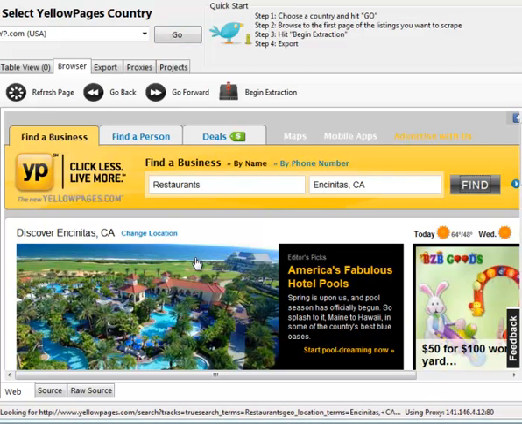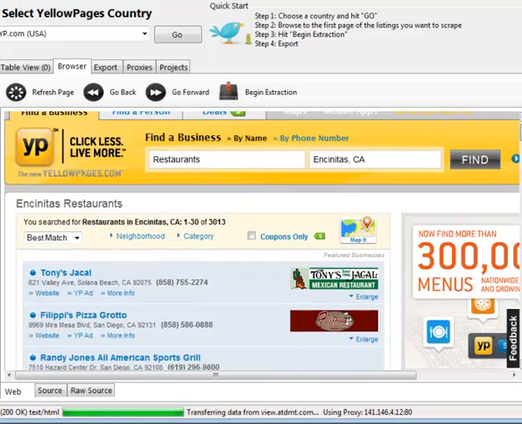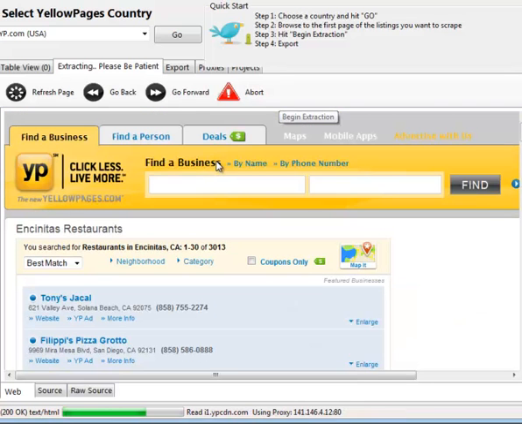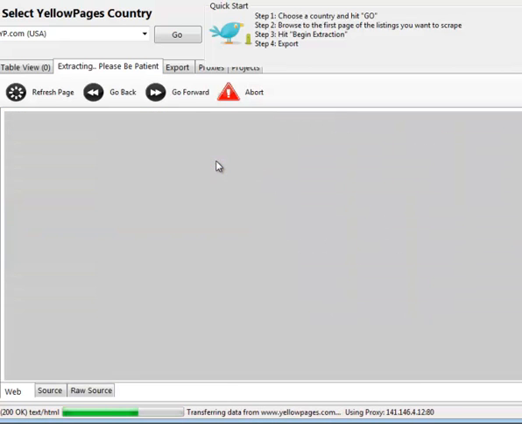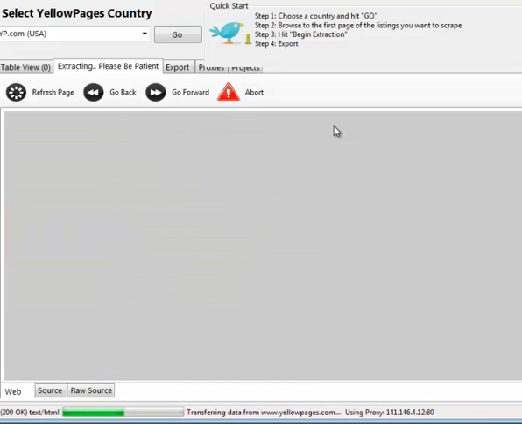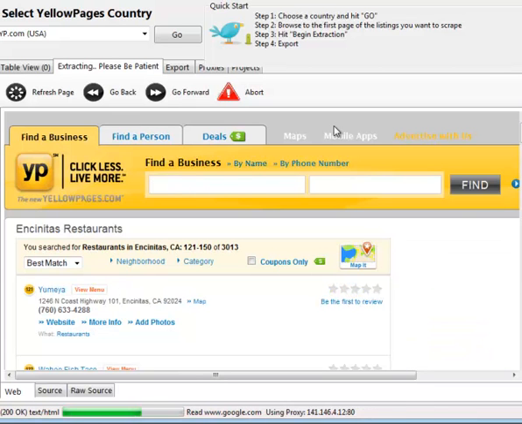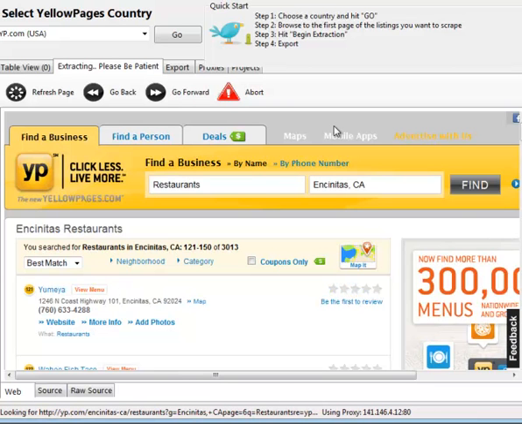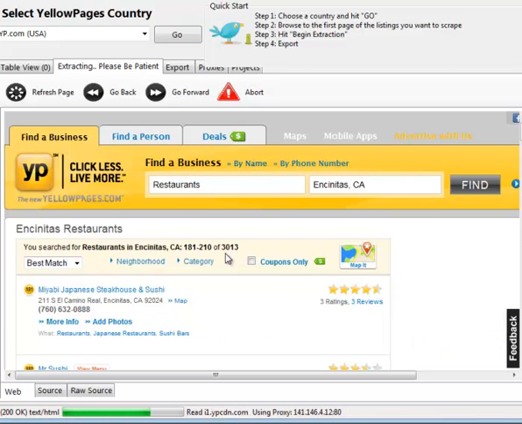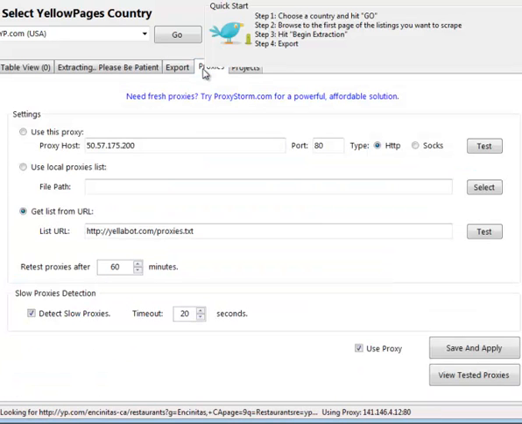Alright, let's go ahead and do another search for restaurants in Encinitas. And, okay, let's go ahead and begin our extraction. This proxy is doing quite well. And again, this is just pulling the IPs directly from my server. What it would do though is it's just going to circle through all the different proxies that are in my list